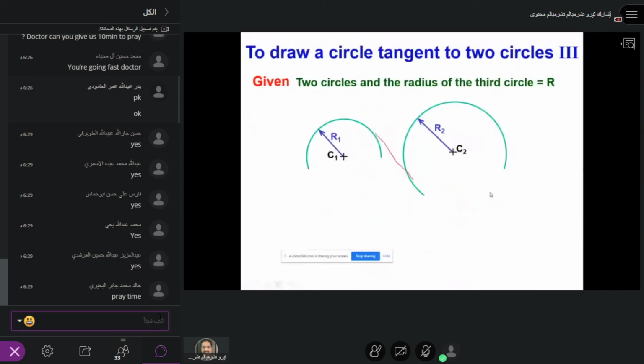Okay, now R1, R2 will be given. R is also given in your assignment. Don't worry. So now you know R, you know R1, R2. So R minus R1, you take the arc here, and similarly R plus R2, because one point is away, one point is inner. So that's why we are combining these two together, and then take C as the center.